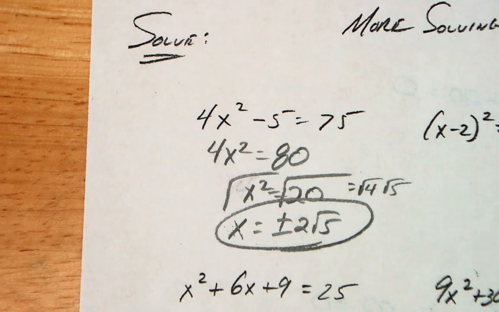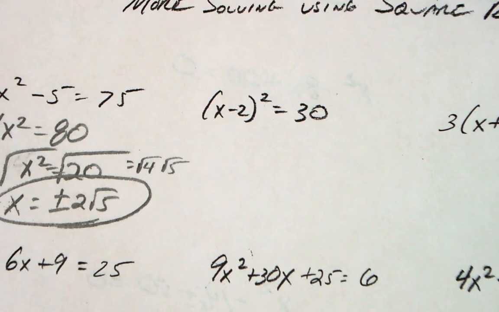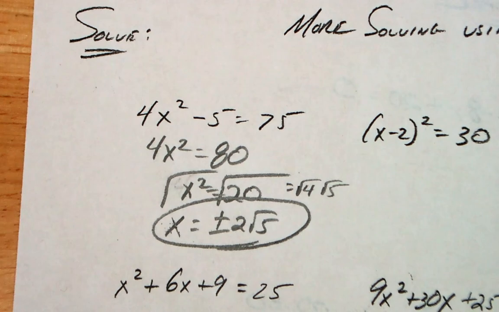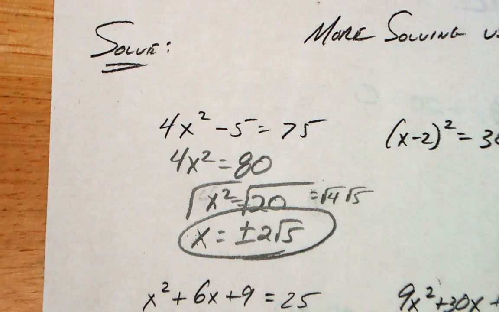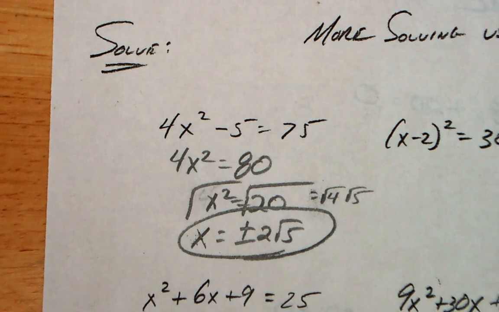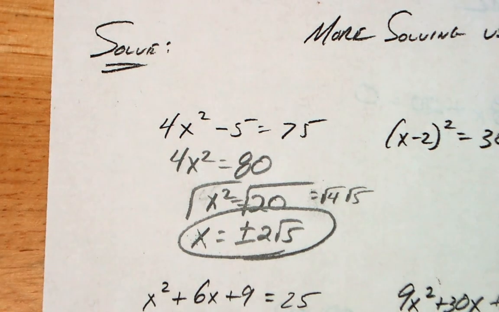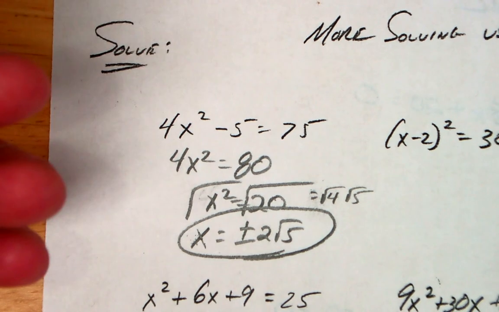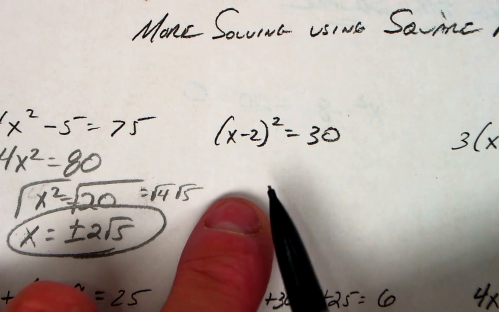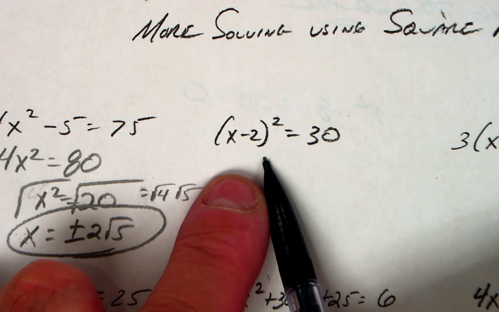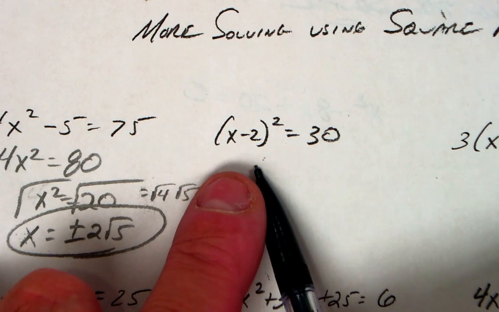Okay? Next one. Would you agree with, well, actually, let me ask you the question on this one. On this first one, is that easier or harder than factoring? I think it's easier all day long. I totally agree with you. Okay? If it's easier than factoring, let's try and use this methodology in as many situations as we can. Okay? So like in this next one, even though we could multiply this out and then move our 30 over,